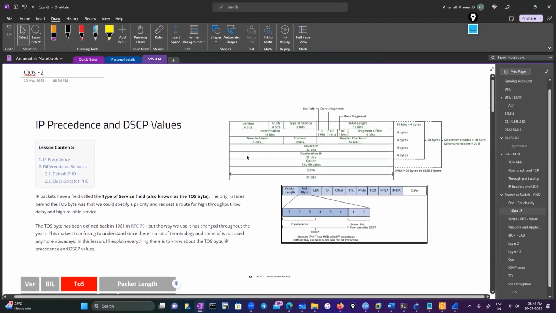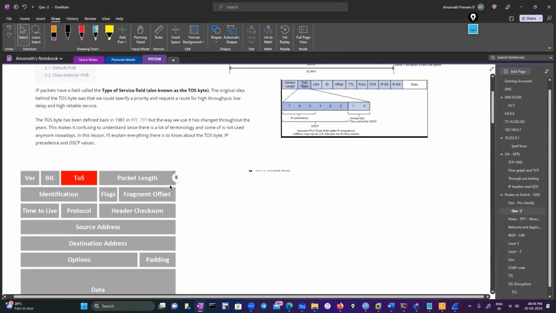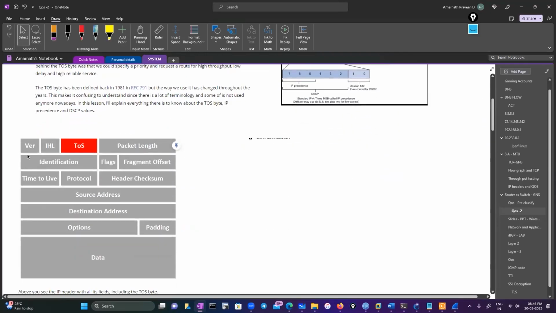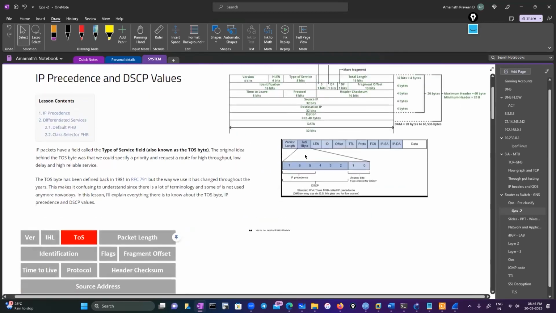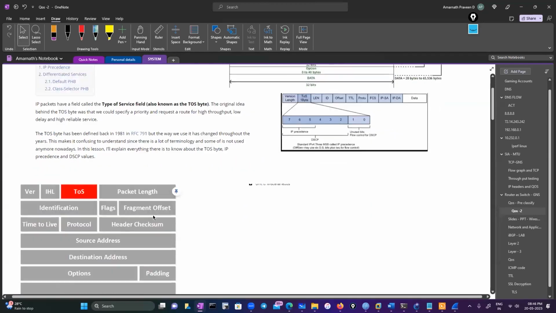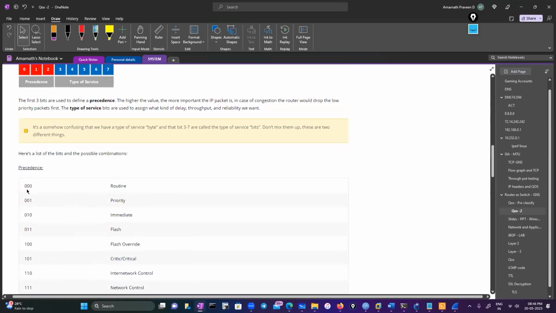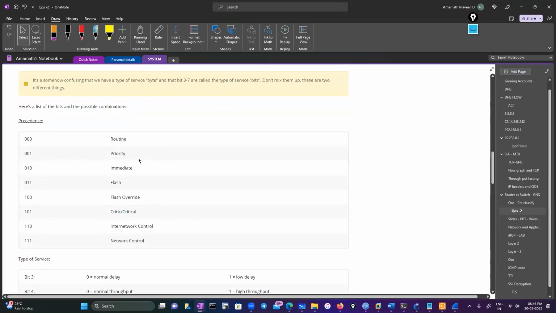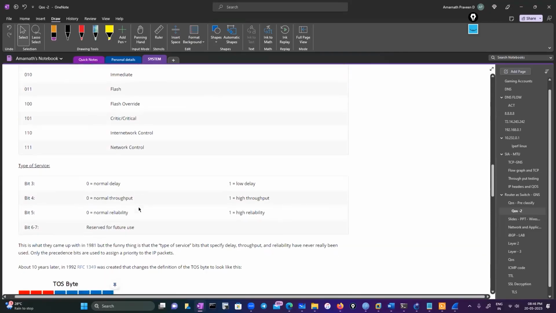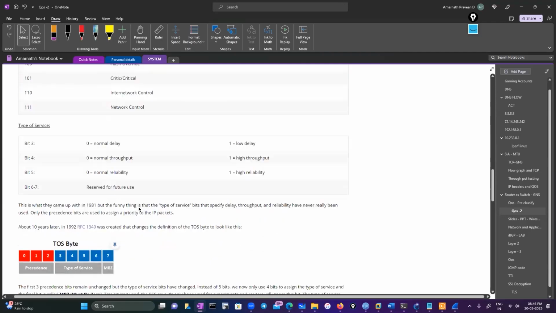So this is purely layer 3 TOS. If you look at this in the IP packet, you see this TOS field here, the TOS bits. It is an 8-bit value, and the first 3 bits are the precedence. There you mark your traffic based on the type of service you have. So this is a precedence number. If it is all zeros, that is routine. If it is marked 001, it is priority. You don't want to go too deep into it. So the ideology is what is